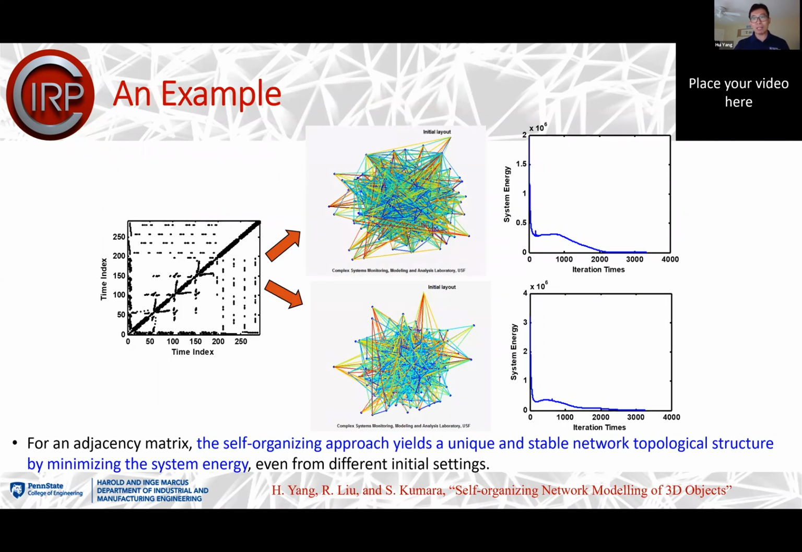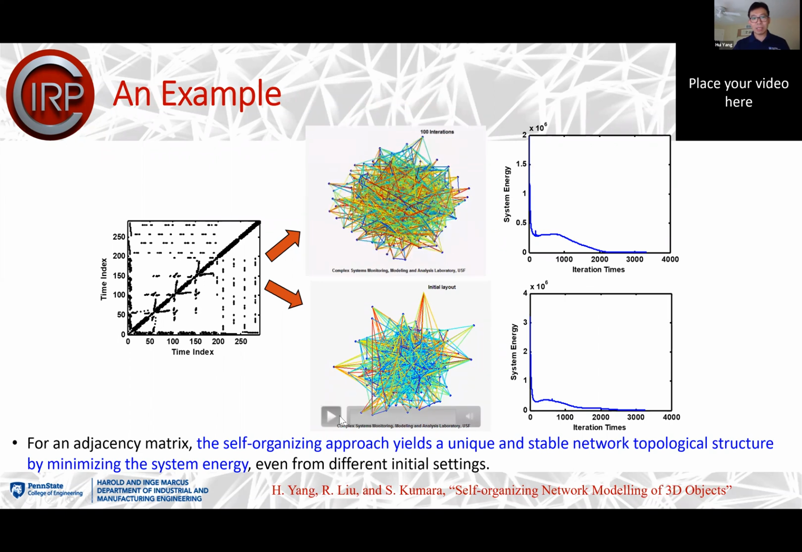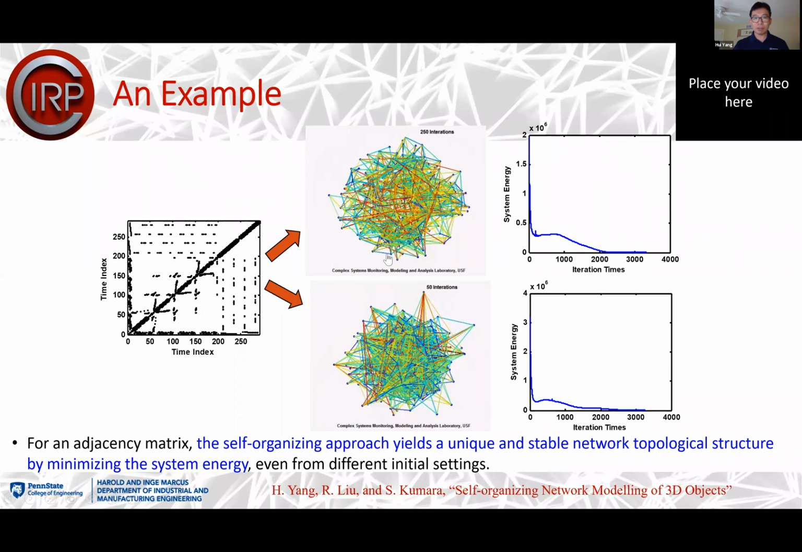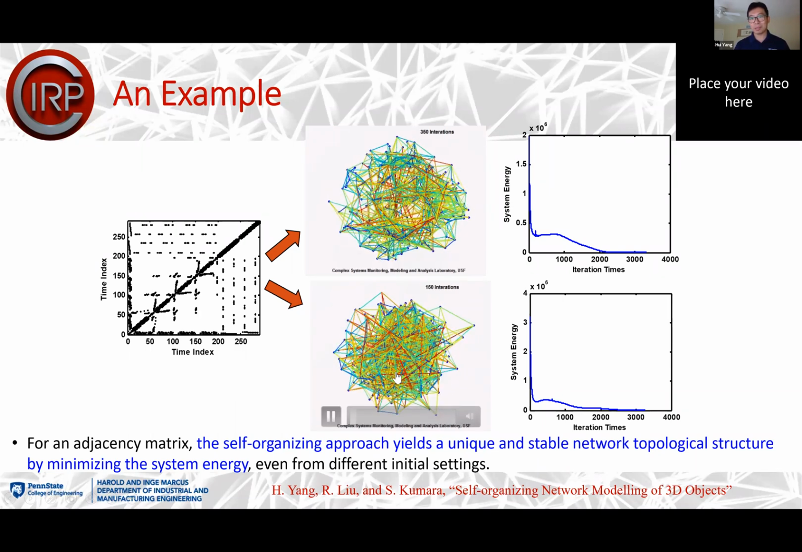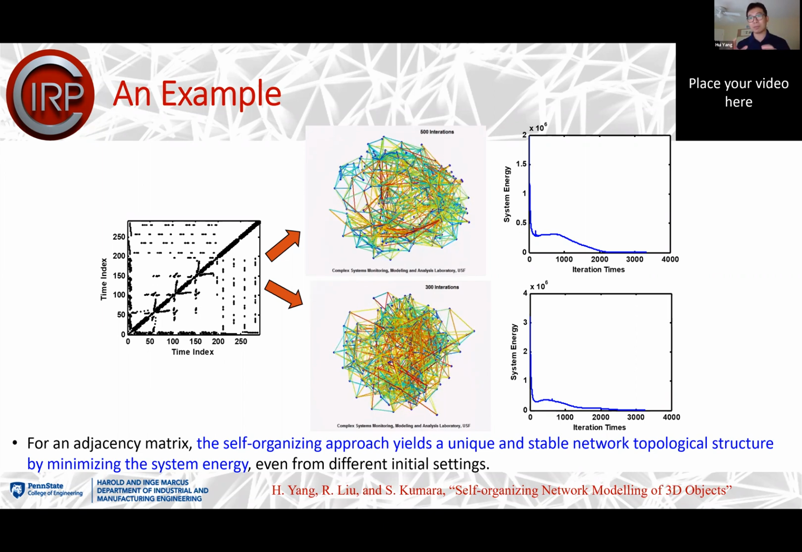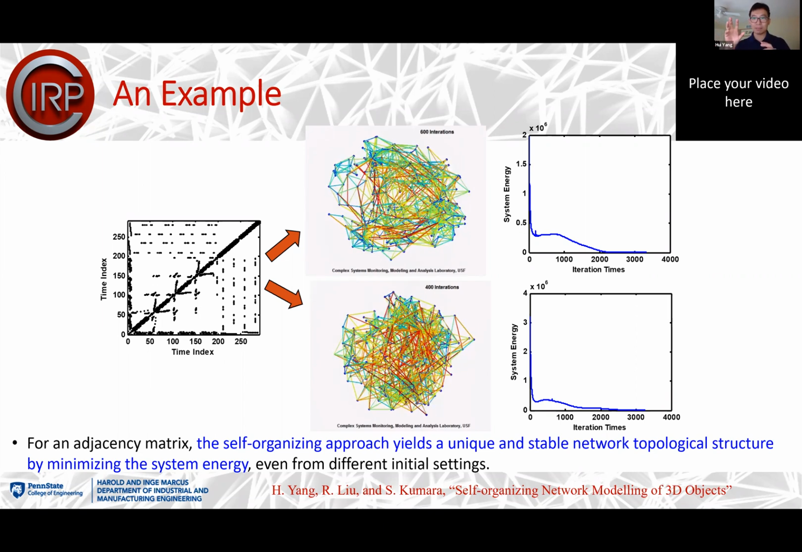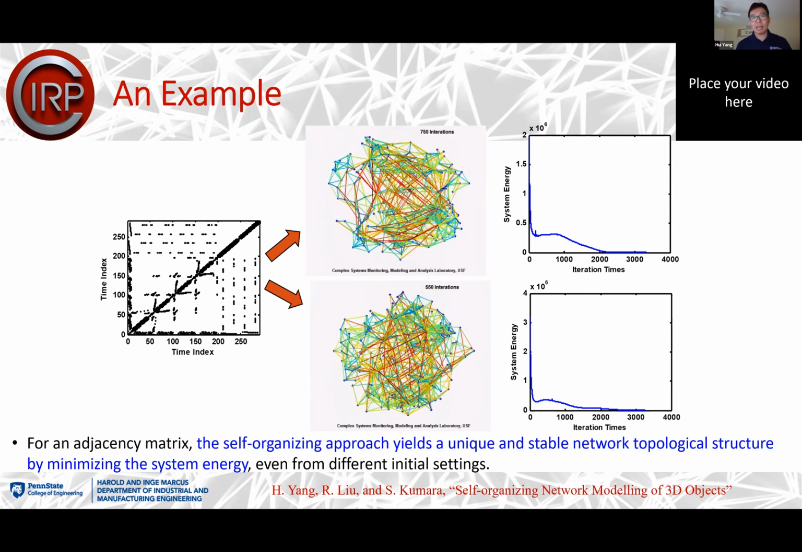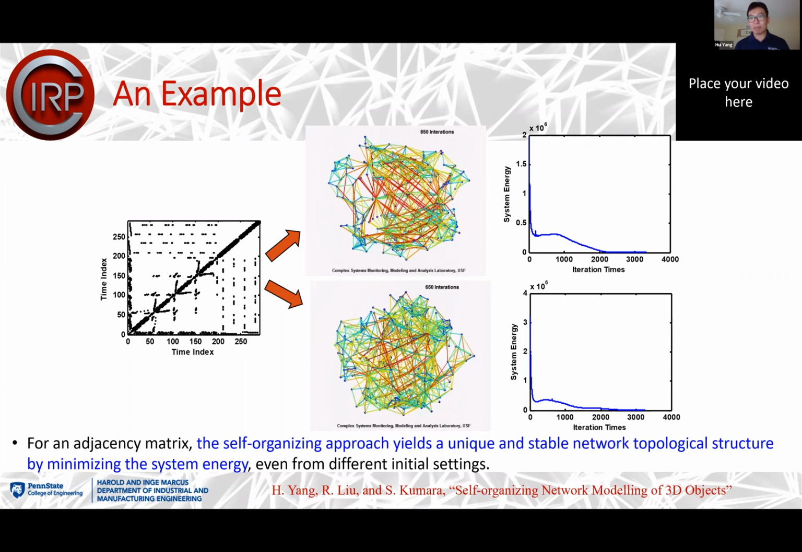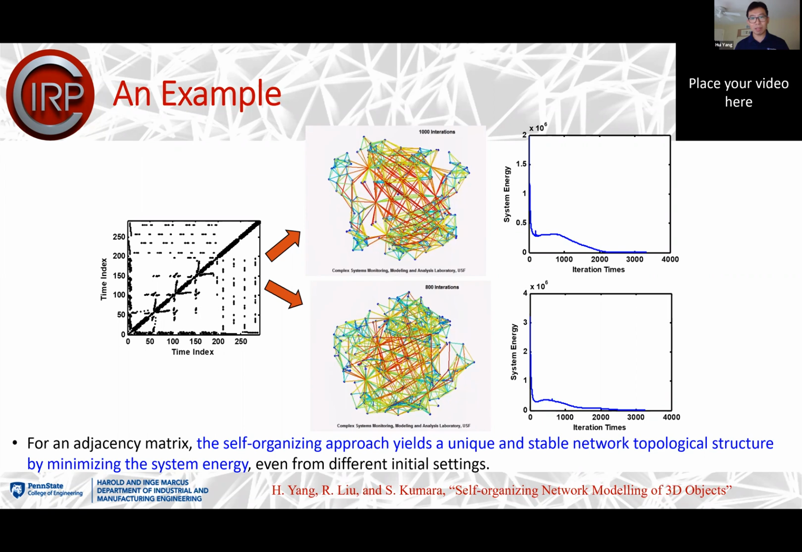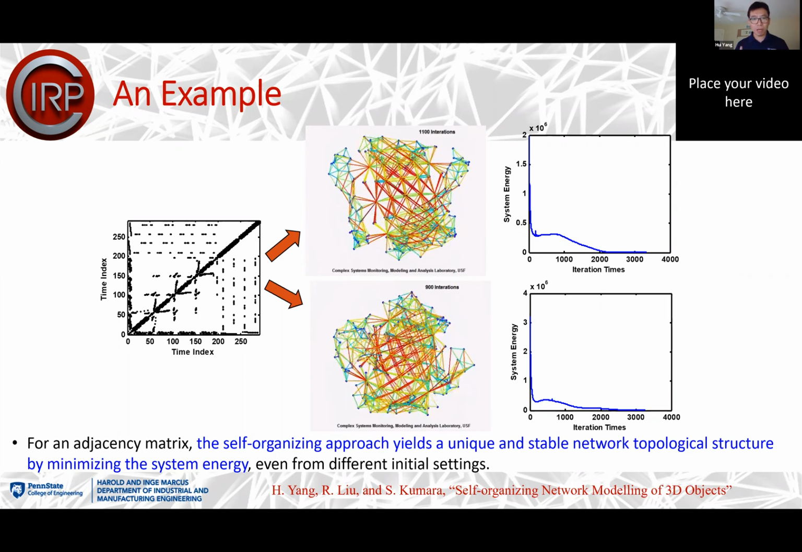So let's have a look at an example, okay? Here we have an adjacency matrix. Now we start from two different layouts, okay? That means although the adjacency matrices are the same, we're going to randomly put the nodes at different locations, but keep the connections the same. And as we derive the force and minimize the energy, the network topology is going to show up, right? You see here, this is about